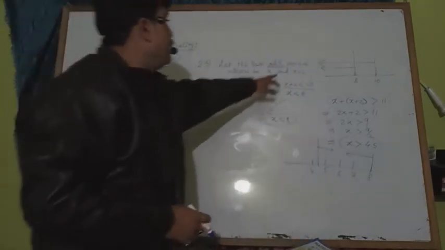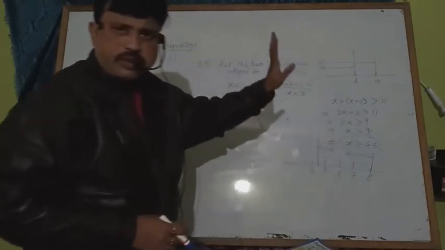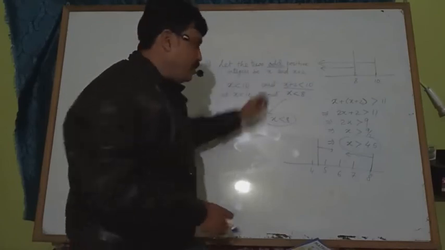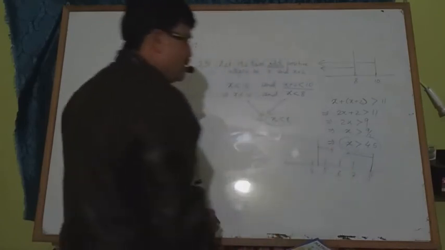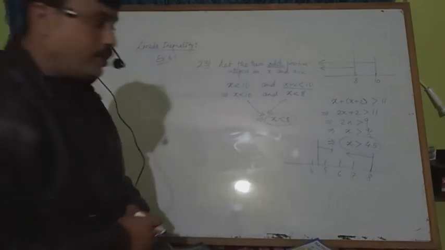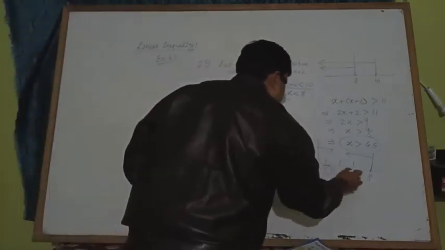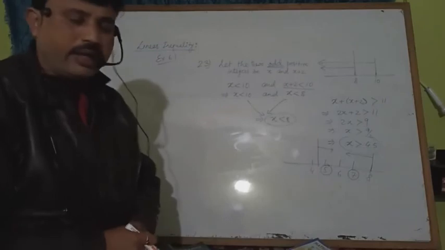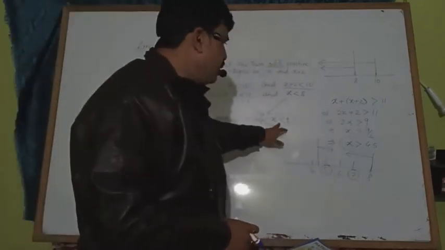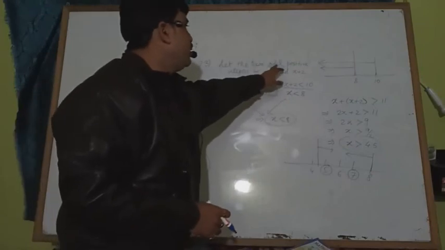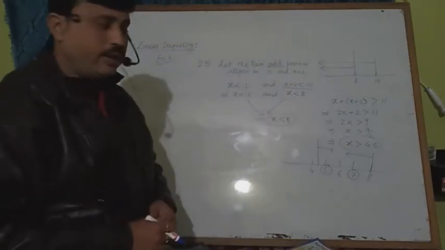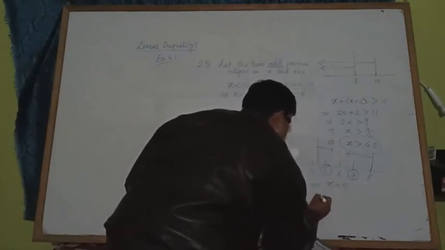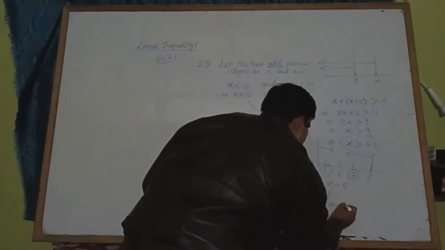And they must be positive integers. So all numbers are positive integers. And this word odd, that means between this and this, which ones are odd? So there are only two numbers which are odd. We cannot take 6, we cannot take 8. 8 we cannot take because there is no equal sign, and 6 we cannot take because it is not odd. So from here you will get x equal to 5 and x equal to 7.